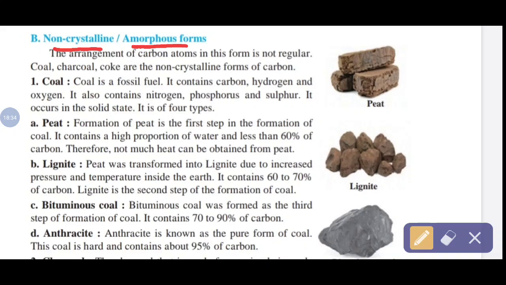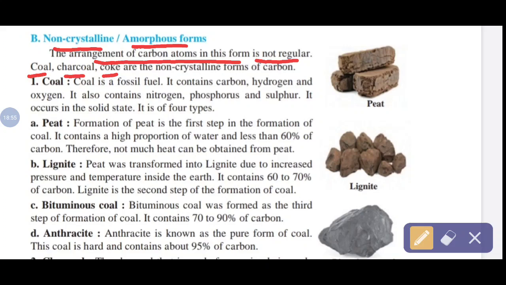Crystals are not properly formed. The arrangement of carbon atoms in this form is not regular. Clear? Not a regular arrangement of carbon atoms is present in non-crystalline forms of carbon, such as coal,